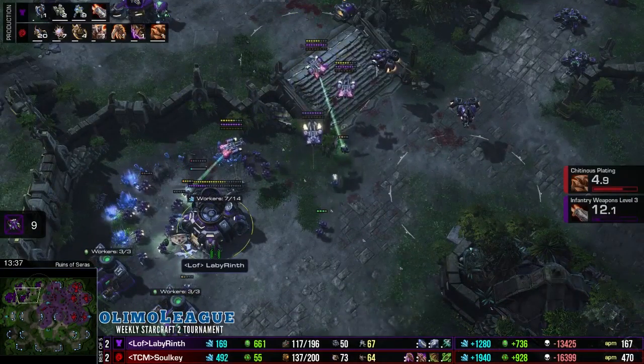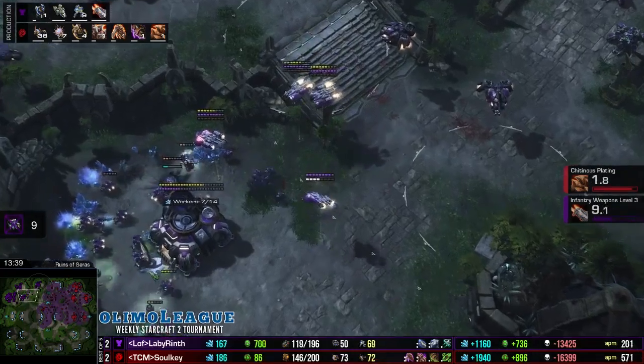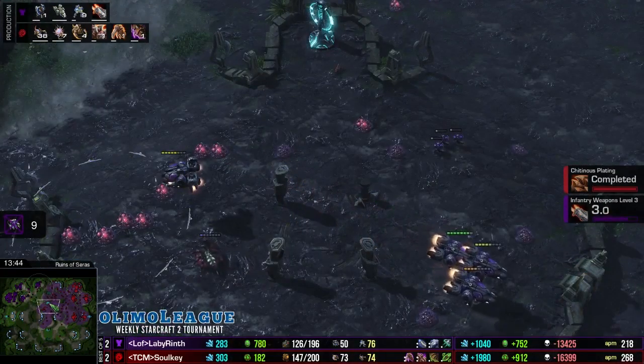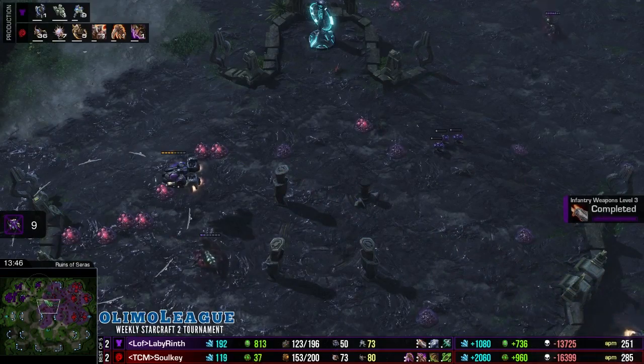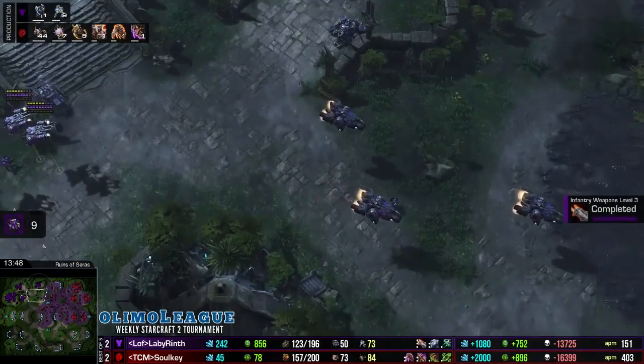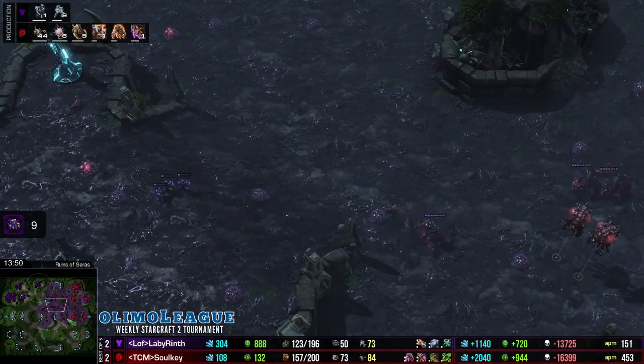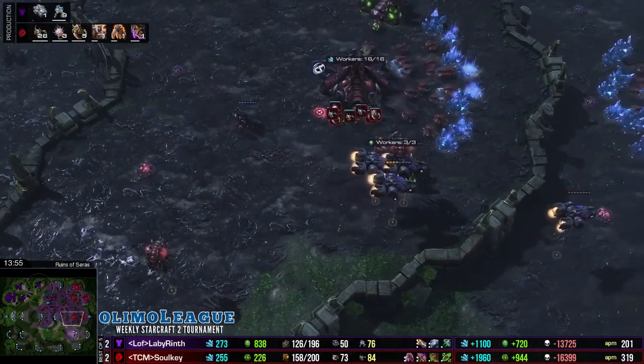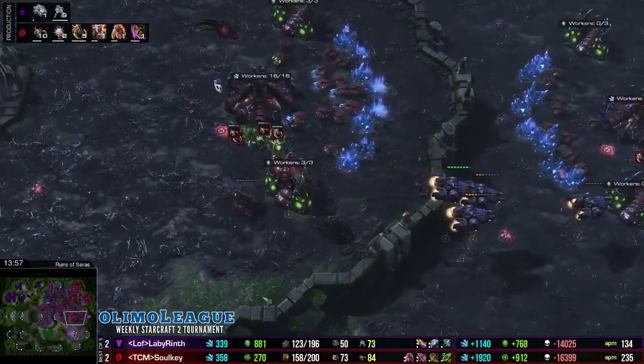But that is where Soulkey now replaces the mutas with Corruptors. He wanted to do that anyways. He replaces his ground force with a lot of Ultras. Like, he is still good to go, and LabyRinth is going to desperately try and attack here, but, like, with pure Liberators... I mean, I guess if you have enough Liberators, you can take out those Corruptors very quickly and just...